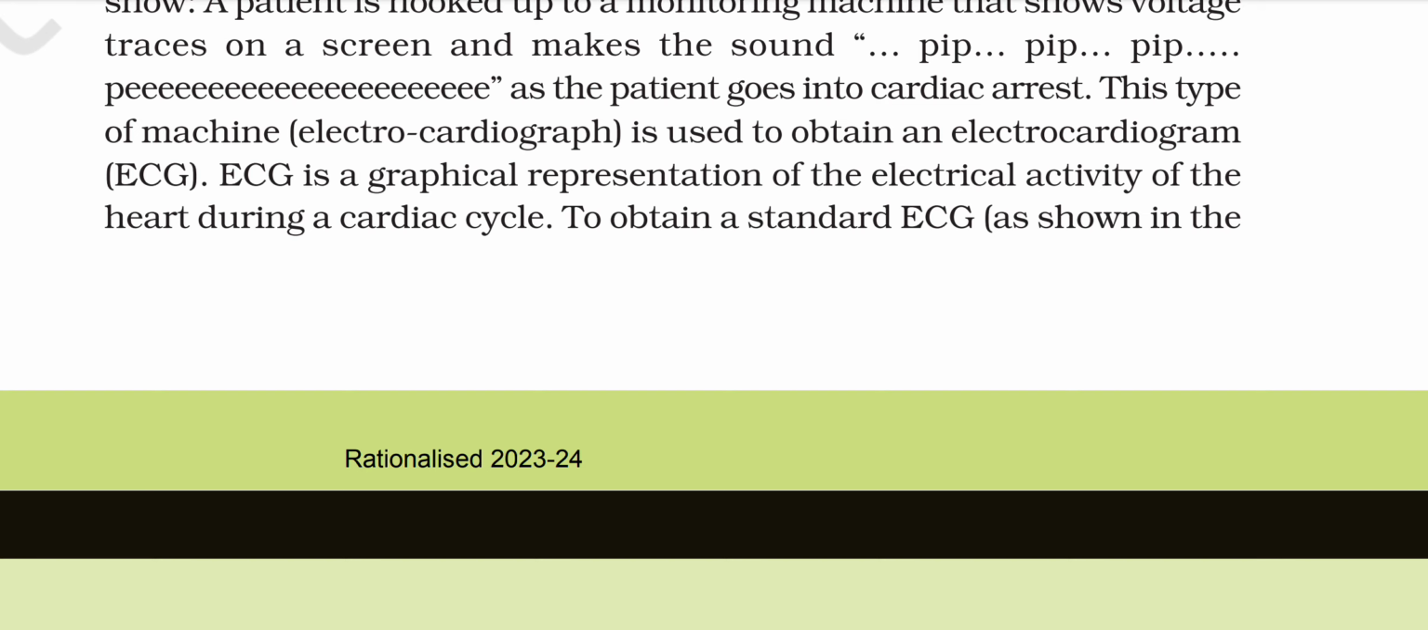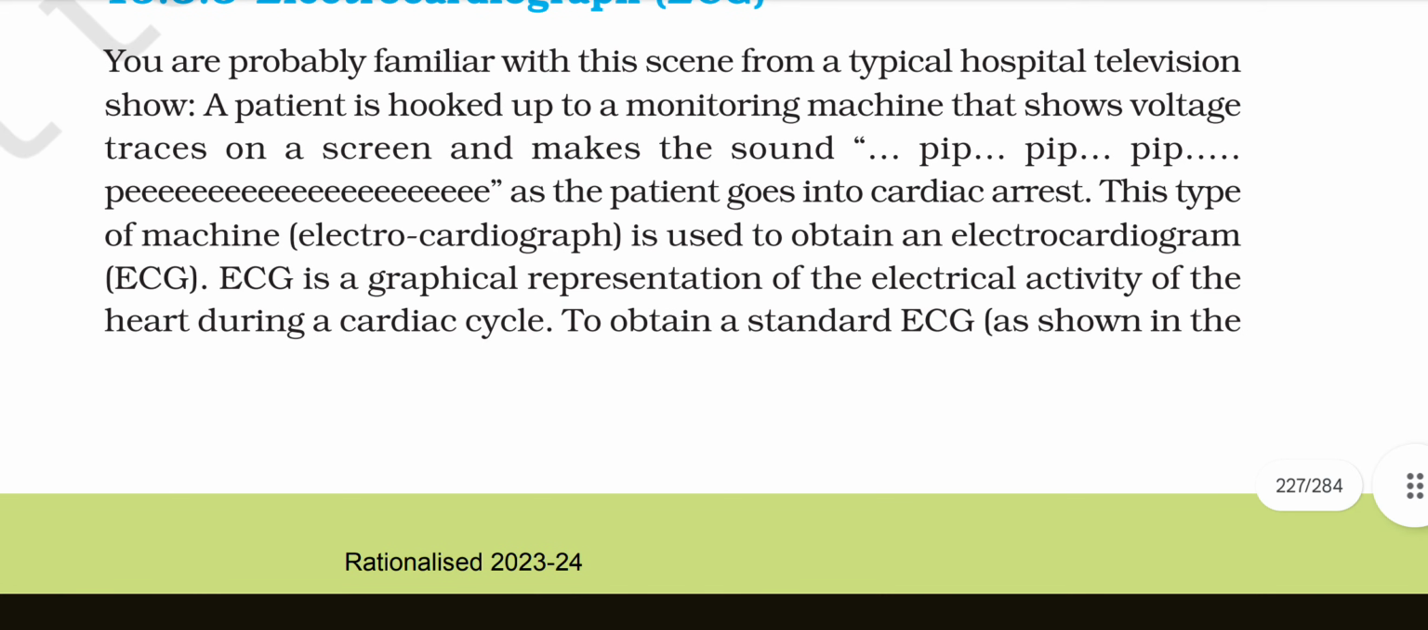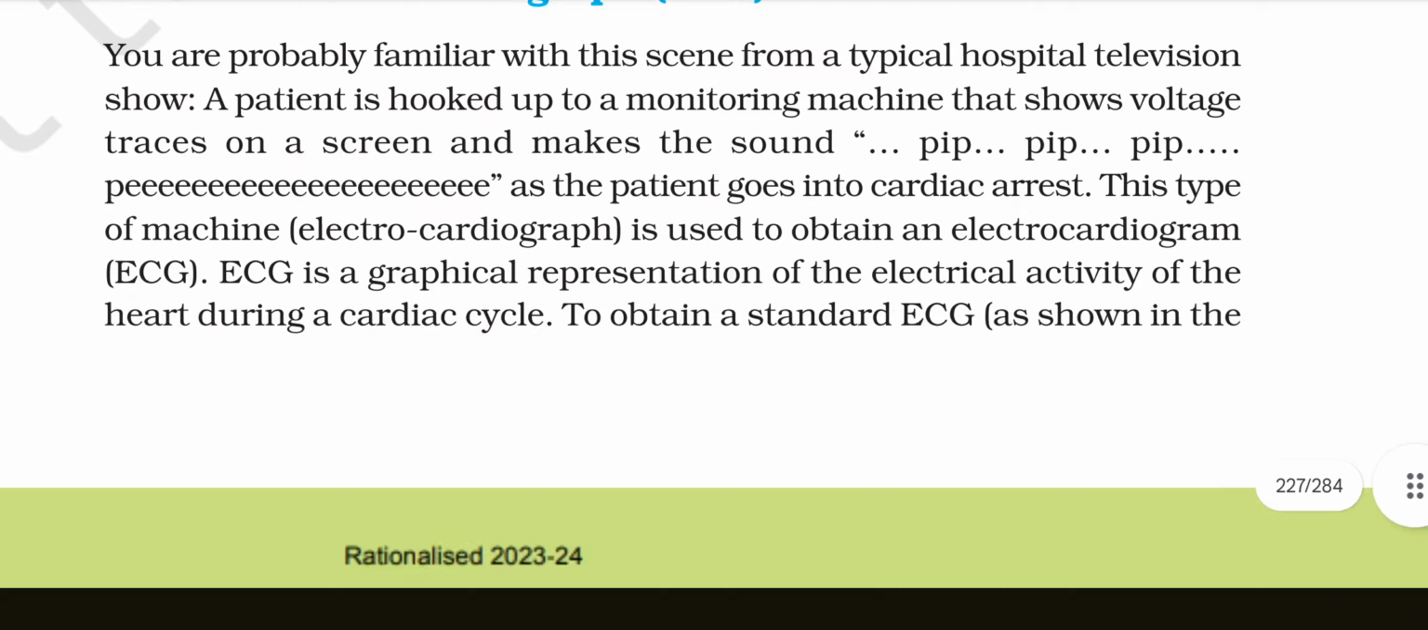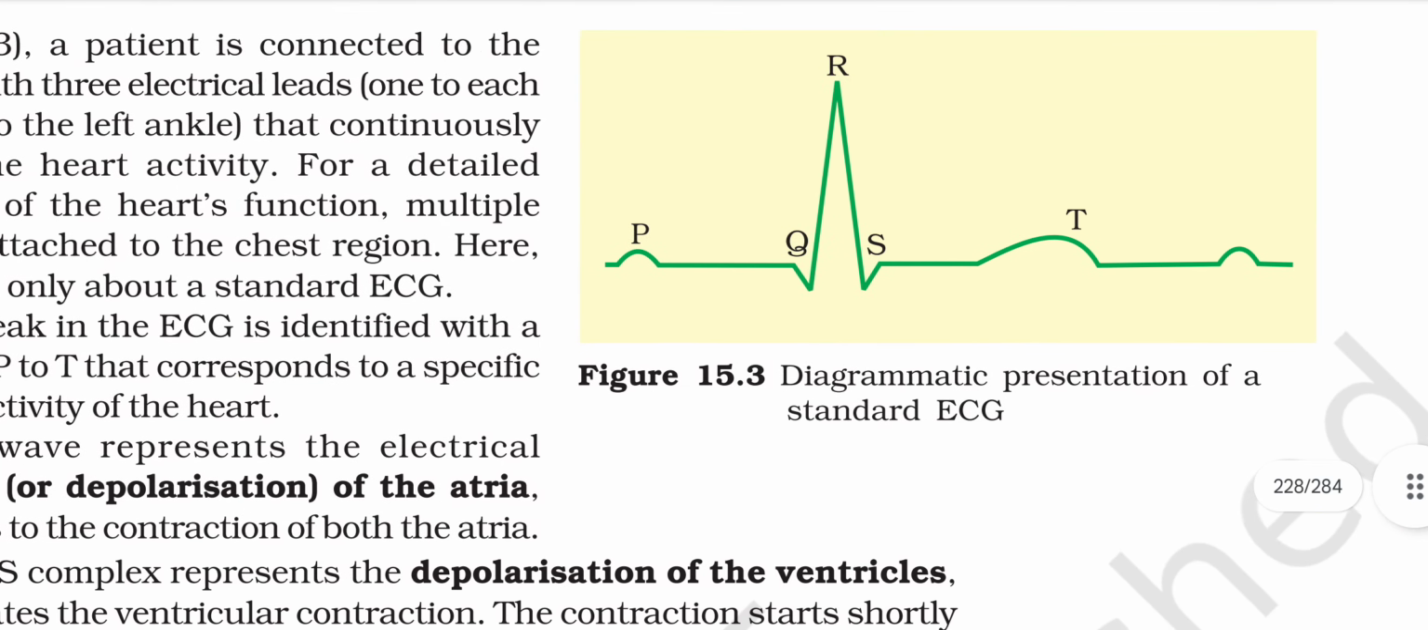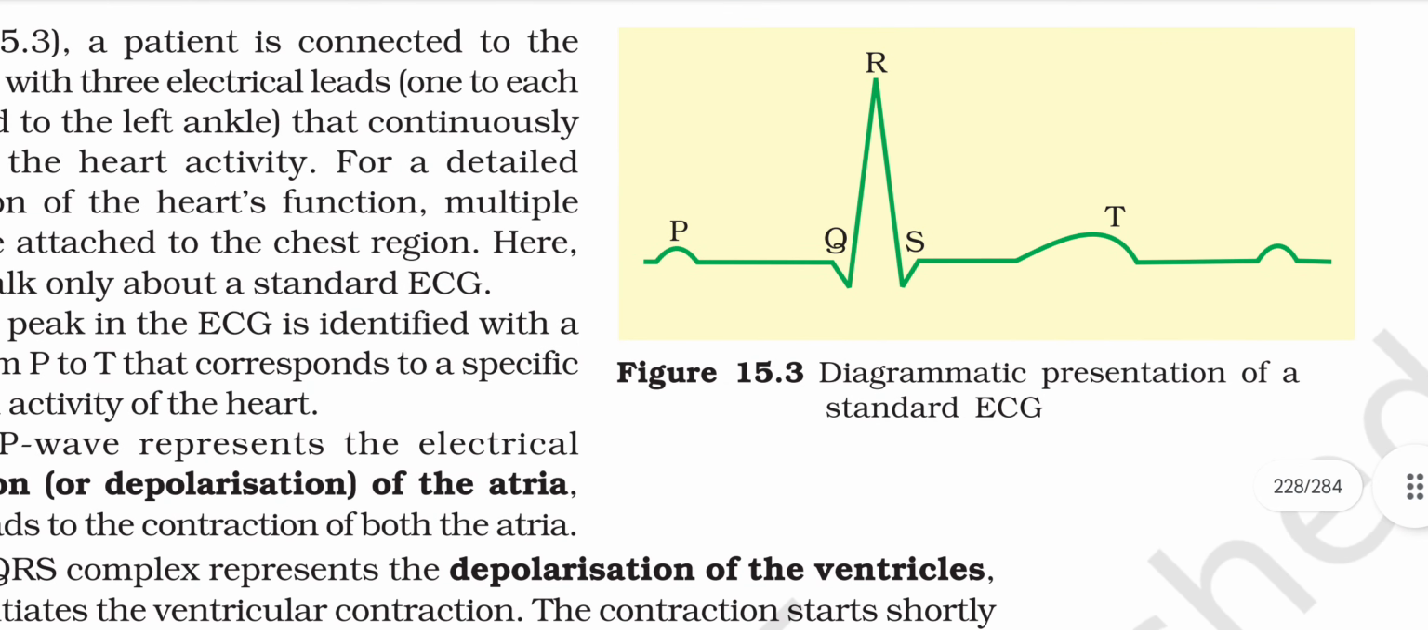This machine is called an electrocardiograph, and it is used to obtain an electrocardiogram, ECG. ECG is a graphical representation of the electrical activity of the heart during the cardiac cycle. To obtain the ECG, as shown in the diagram, a diagrammatic presentation of the standard ECG